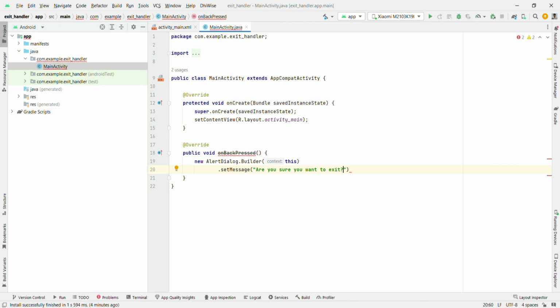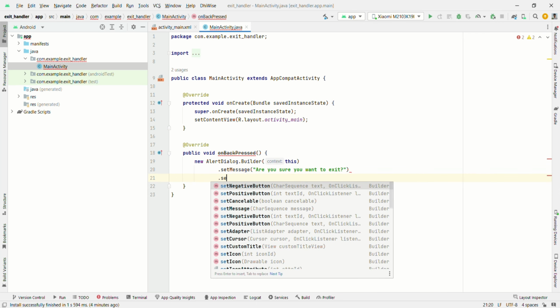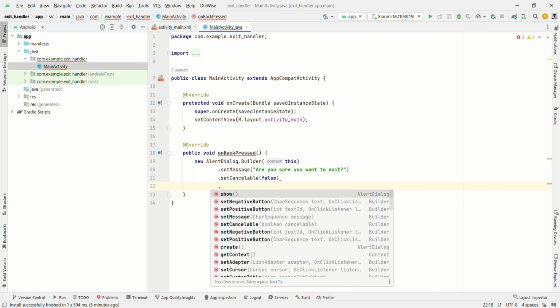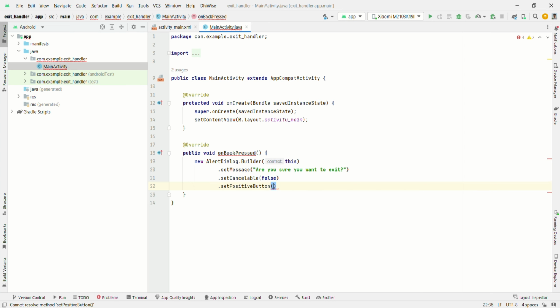So this message will be displayed on the alert box when we click on the back button, and we will set cancelable as false because we want to display two buttons as yes or no. So we have to set cancelable as false,